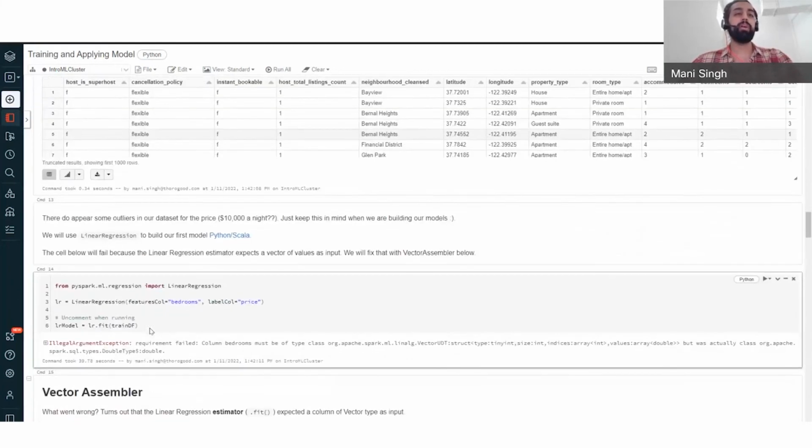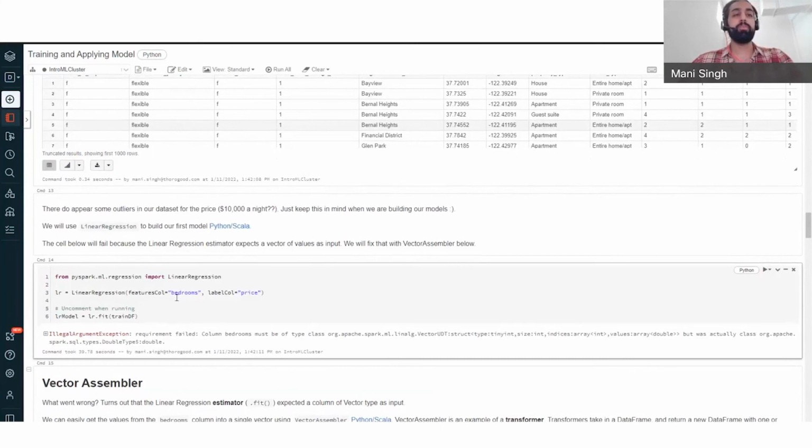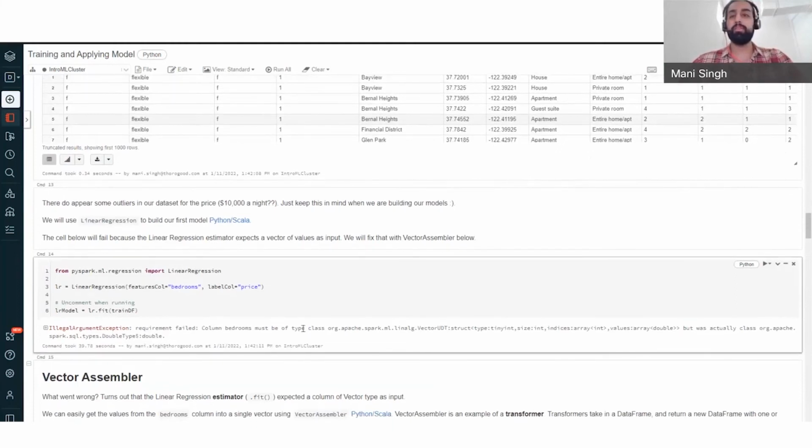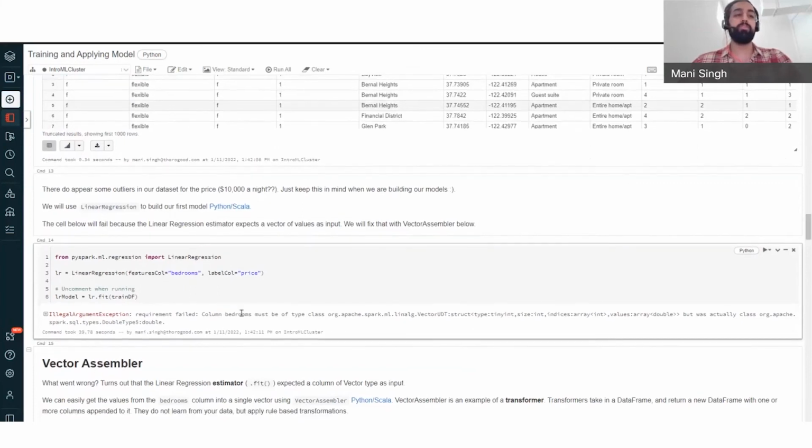After this, we'll try to train our linear regression model. So we'll import our linear regression model from PySpark.ml.regression, which is a popular machine learning library used for PySpark. And we'll specify our features column, which is our bedroom, since we want to use the bedrooms to predict the price, which is our label. When trying to run this, we get a type error, because this library expects our features column to be of a vector type. In our case, our bedrooms is not a vector type; it is just a numerical column. So we'll first transform that into a vector type,